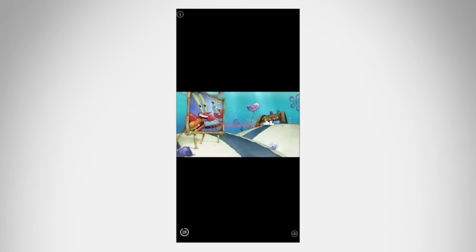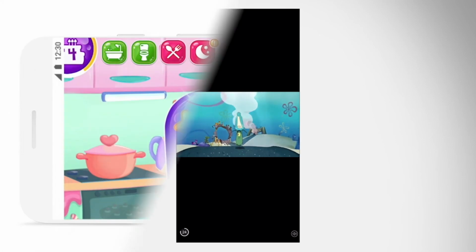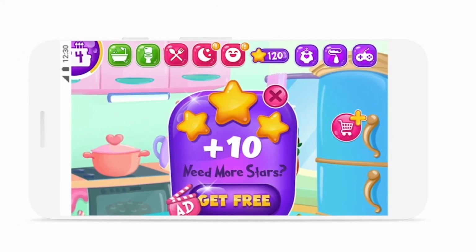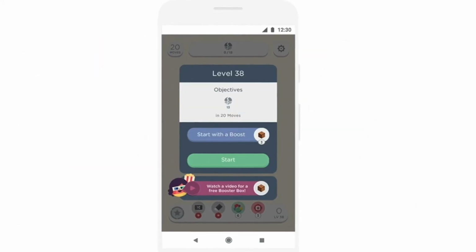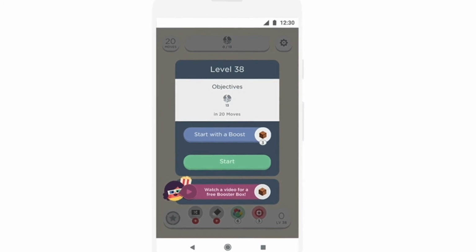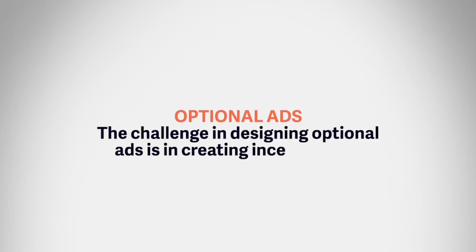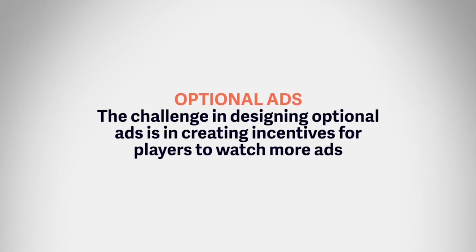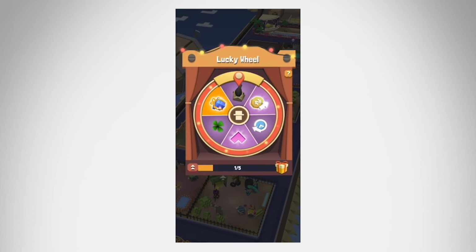While the objective with non-optional ads is to achieve optimal monetization without annoying and driving away your player base, the challenge and objective of optional ad formats is much more interesting. The most prevalent type of optional ad is the rewarded video format. Since players don't have to watch an optional ad and they need to be encouraged to watch the ad, the challenge with designing optional ad types is how do I encourage and incentivize players to watch more ads while they're